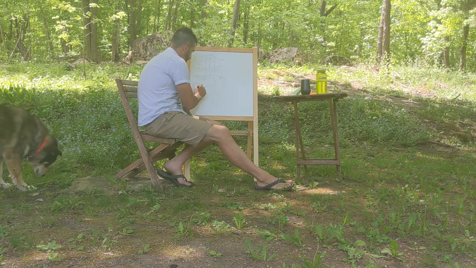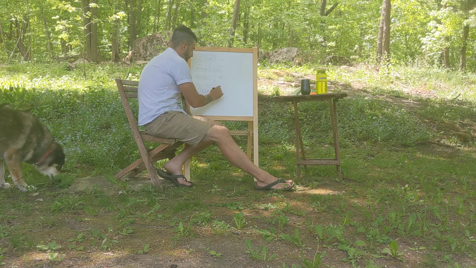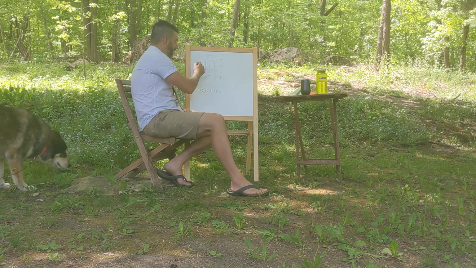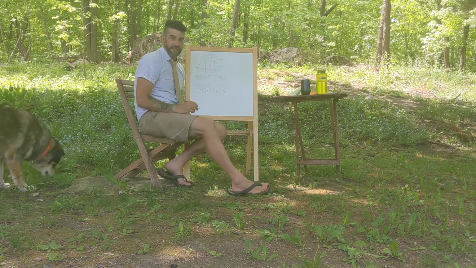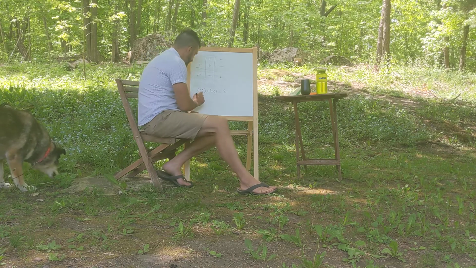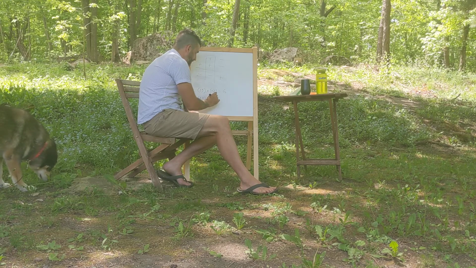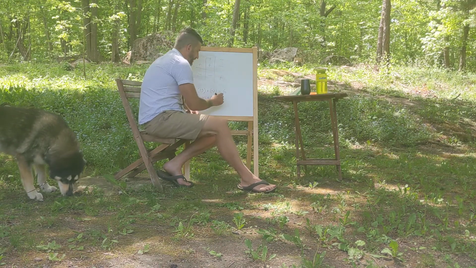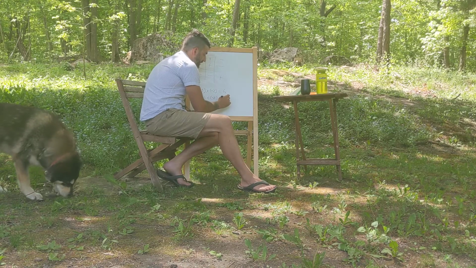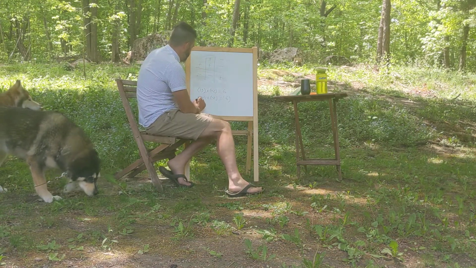Positive 3 times positive 2. Okay. Positive times a positive. 3 times 2 is 6. Alright? Let's say we had positive 3 times negative 2. Positive times a negative, that's going to give us negative 6. Okay? Let's do